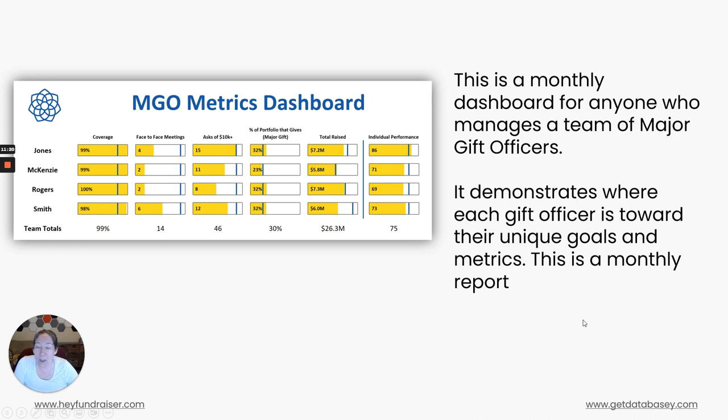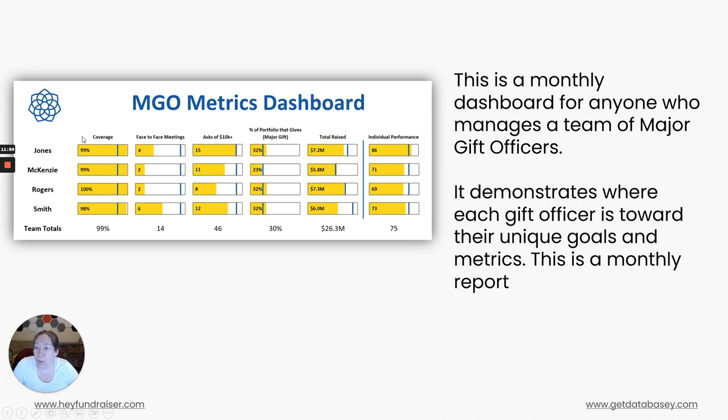Okay, our last report template that I want to talk to you about today is major gift officer metrics. So this also is kind of a crowd pleaser. So what you're looking at here is the top metrics. This department only has 4 metrics. Oh, I'm sorry, 5 with total raised. And you can see here are their 4 gift officers. And so you can see where Jones is,